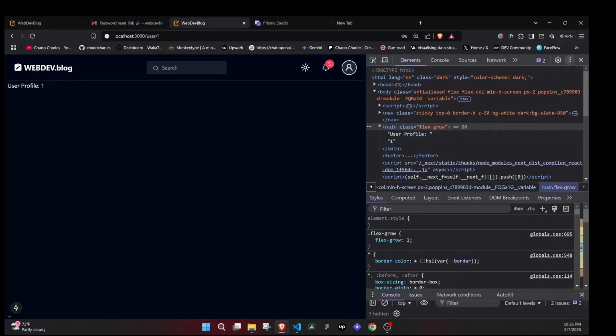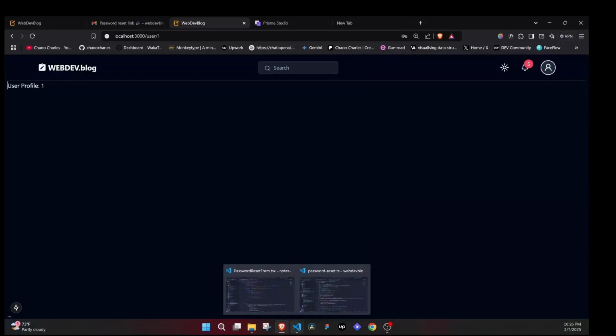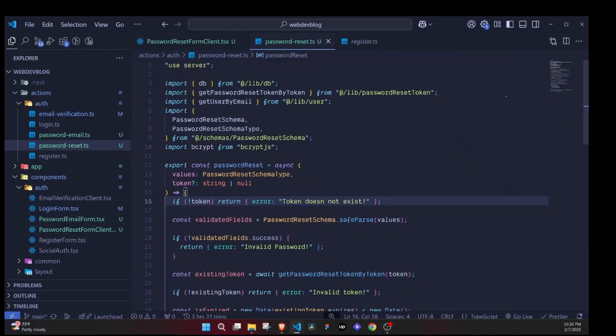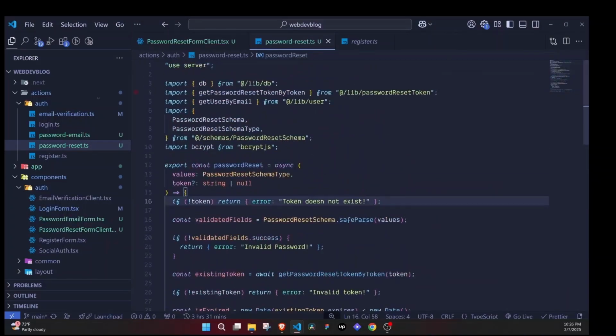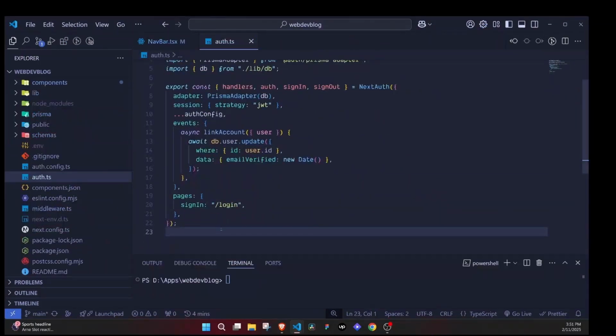We are logged in. So my password reset is working well. And that is the logic for resetting a password. Pretty nice, right? In this video, I want us to complete our authentication feature, and we will be adding a